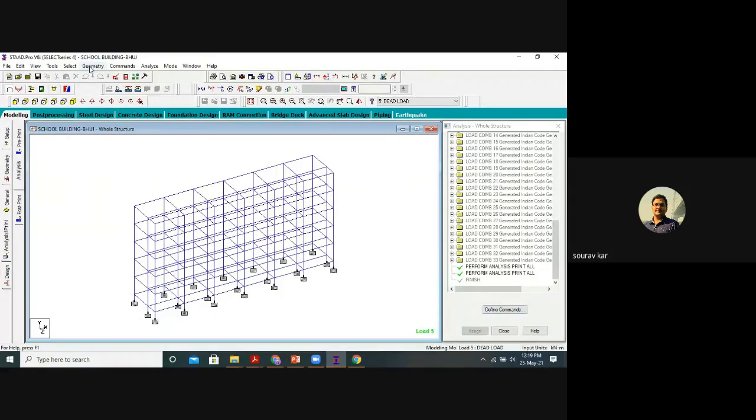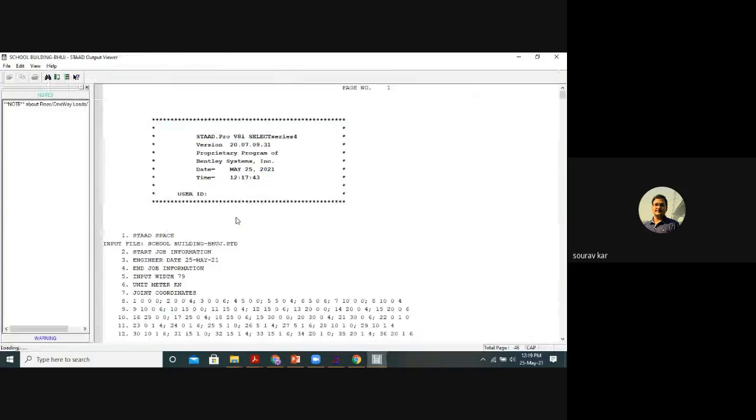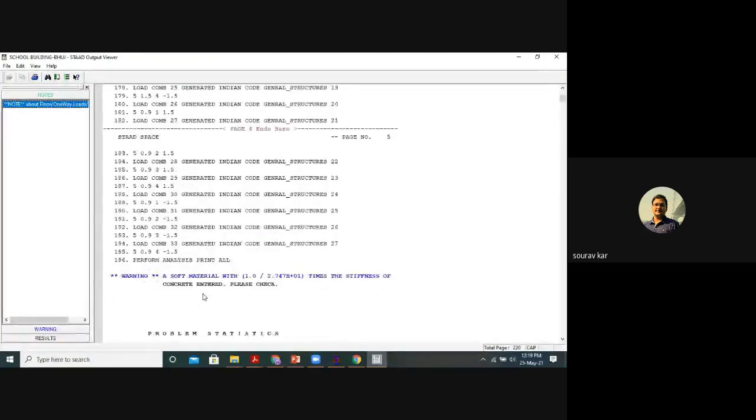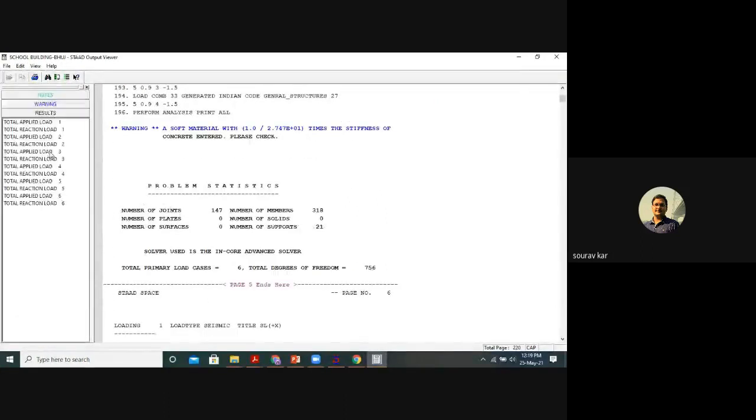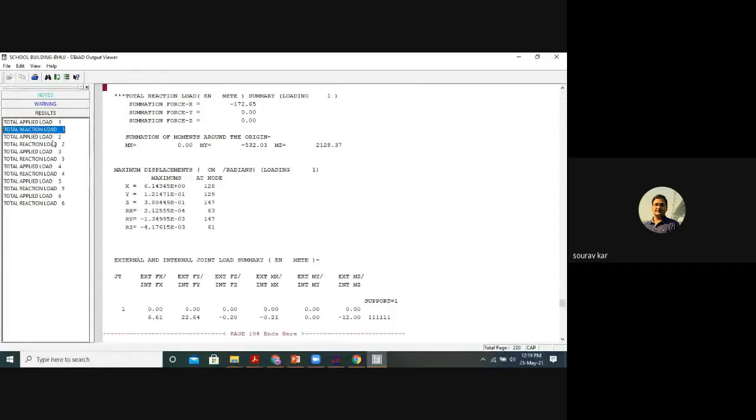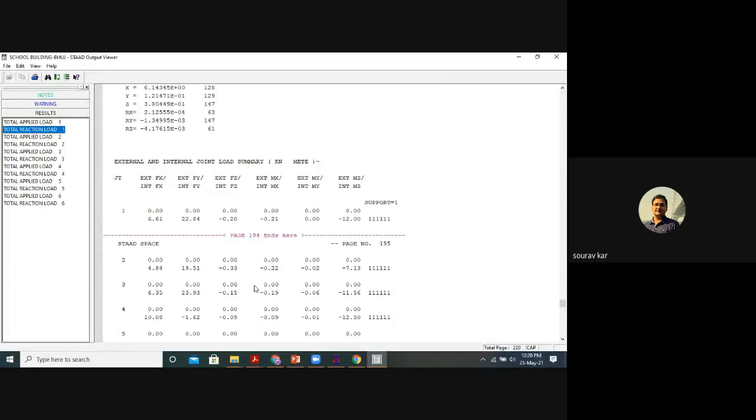So after this design, if I go to this output file, so see here at every joint, the forces have been given, okay.